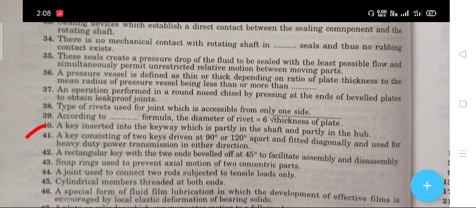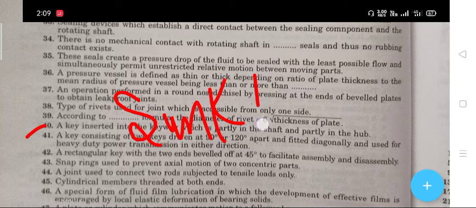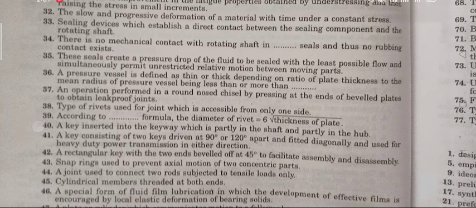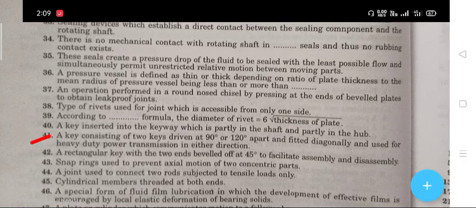A key inserted into the keyway which is partially in the shaft and partially in the hub. The right answer is shank key. Next question, question number 41 is that a key consisting of two keys driven at 90 degree or